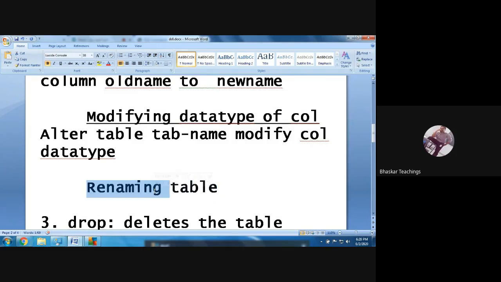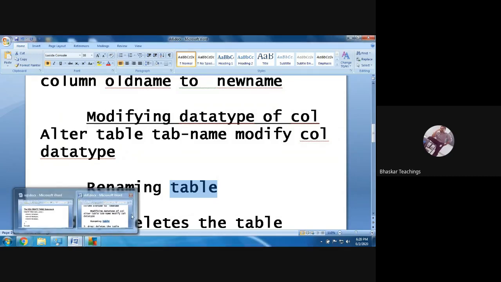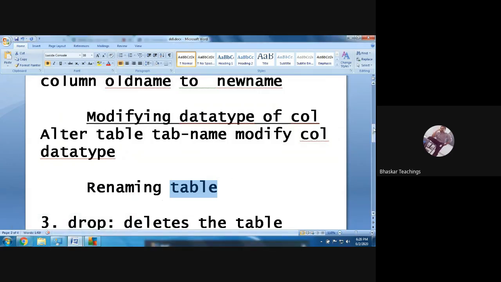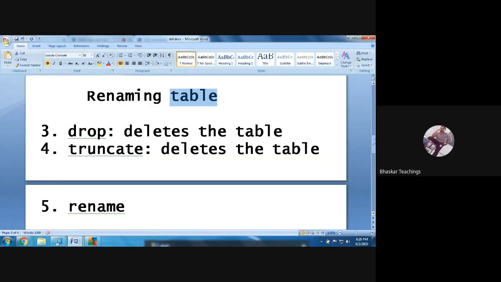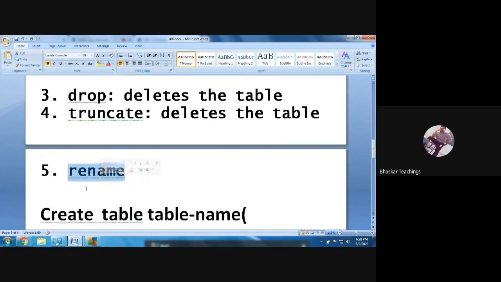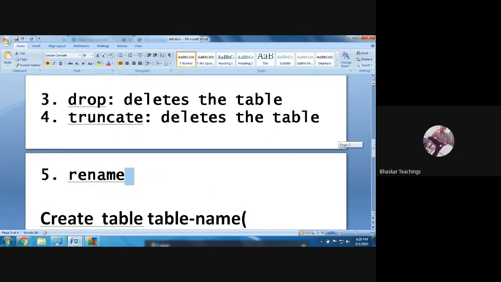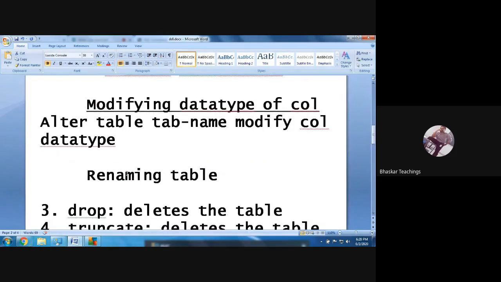So now we will not change the column, we will simply change the name of the table itself. To change the name of the table, we have the rename command in the DDL category also. Especially we have the rename command, and also using alter you can rename the table. Okay, fine.